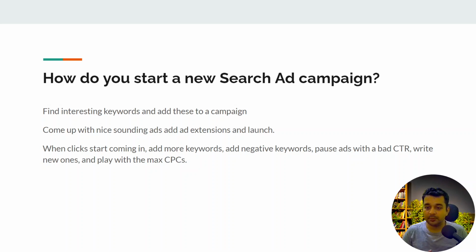And when some clicks start coming in, we add more, better keywords. We start adding negative keywords. Sometimes we pause the ads that are not giving us proper CTR, and we create new ads to replace them, and then we play with the CPC, the cost per click. This is the usual routine of every marketer for a new search ad campaign.